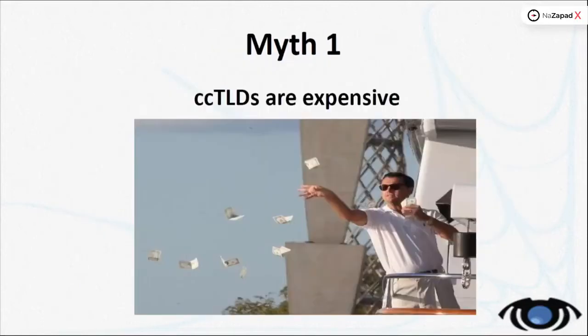And gTLDs are much more used for PBNs than ccTLDs, and there are some reasons for this, but most of the reasons are actually myths. Some of them have a part true, but some of them are actually completely wrong, so we're gonna go through them. And the first one is that ccTLDs are more expensive, so that you buy for registration and for renewal